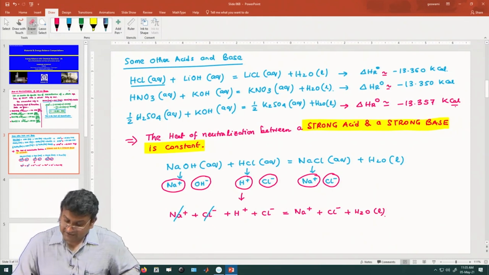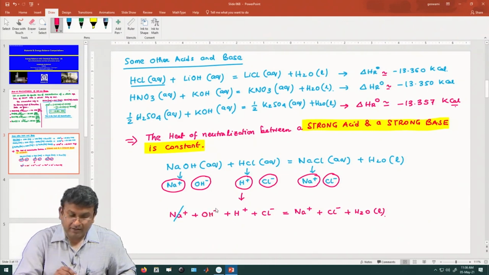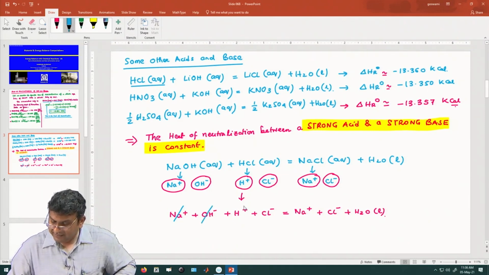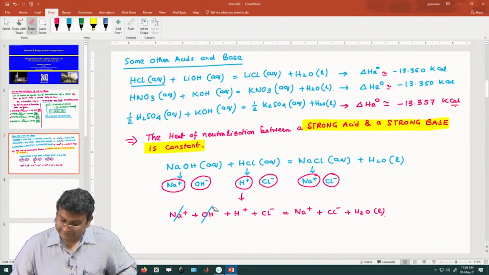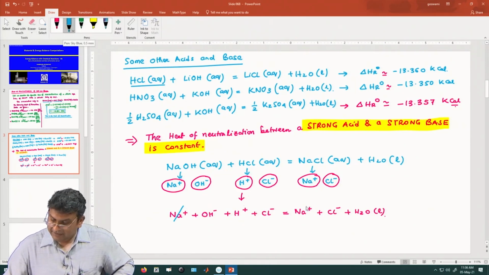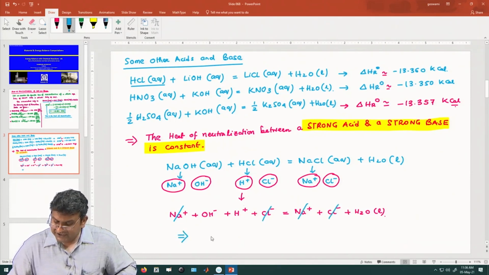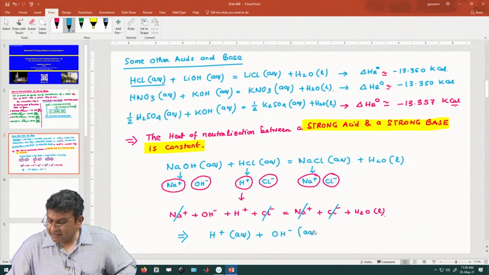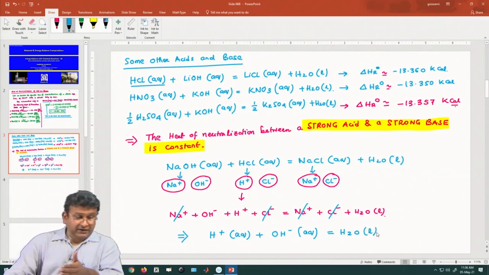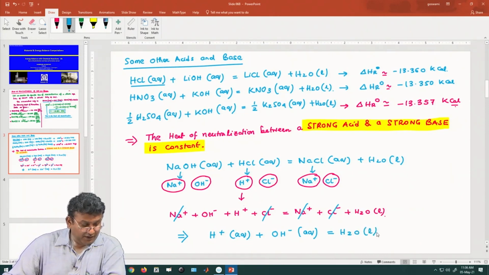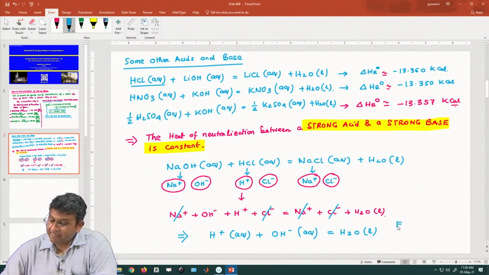Sorry, I must correct it, it is OH minus. If you just think that Na plus and Cl minus cancel out, the net reaction that you actually have is H plus plus OH minus leading to H2O (liquid). So, this is the effective reaction